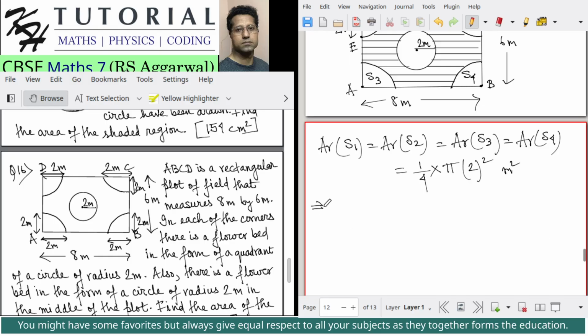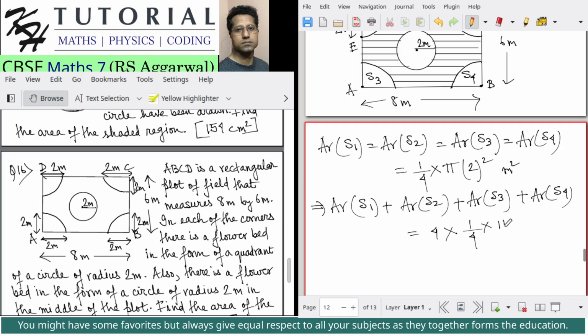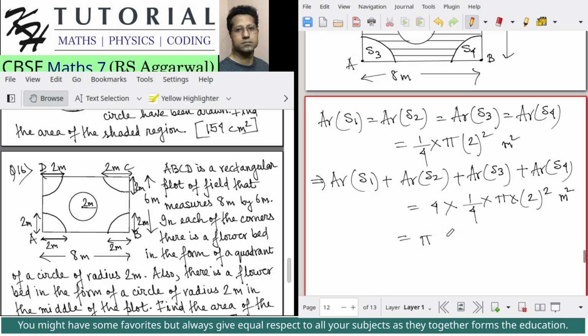So this implies the area of S1 plus area of S2 plus area of S3 plus area of S4 will be equal to 4 multiplied by 1/4 multiplied by pi multiplied by 2 square meter square, which is basically the area of a circle of radius 2 meter. So this is equal to 4 pi